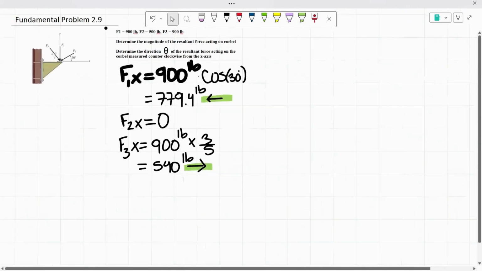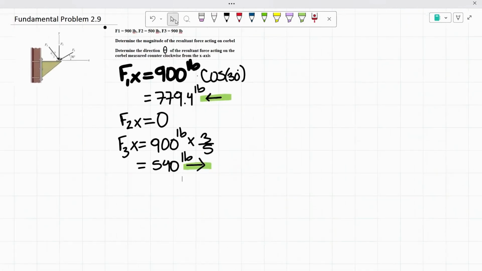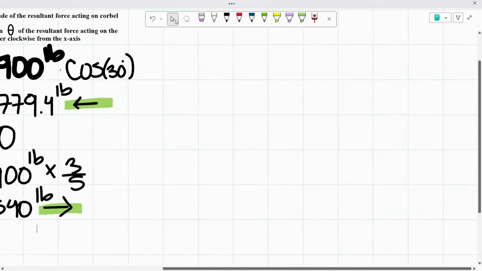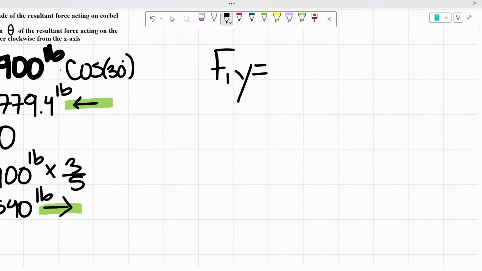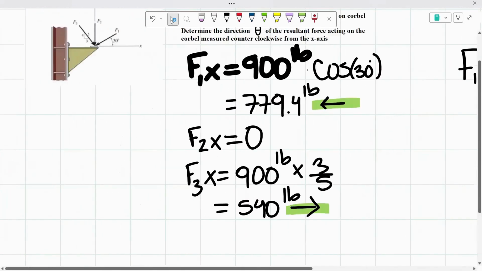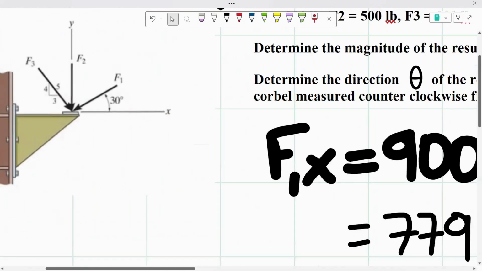So just like that, we finished all of our horizontal components, and now we're going to try to find our vertical components of each vector. So now we're going to find F1y. Once again, F1 is 900 pounds times, here we're not going to use cosine because we're not trying to find the horizontal, we're trying to find the vertical